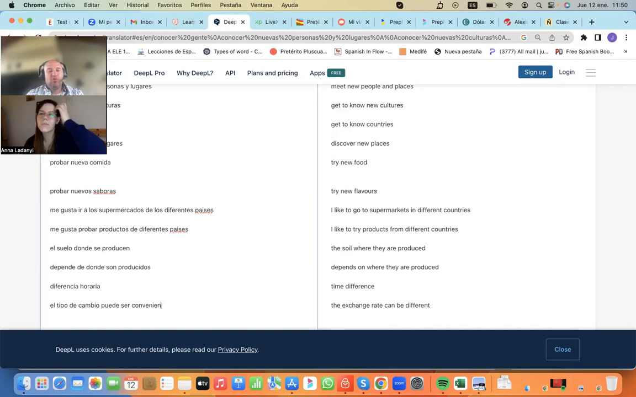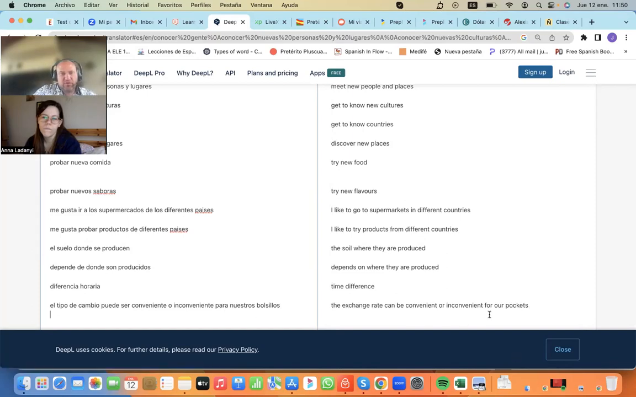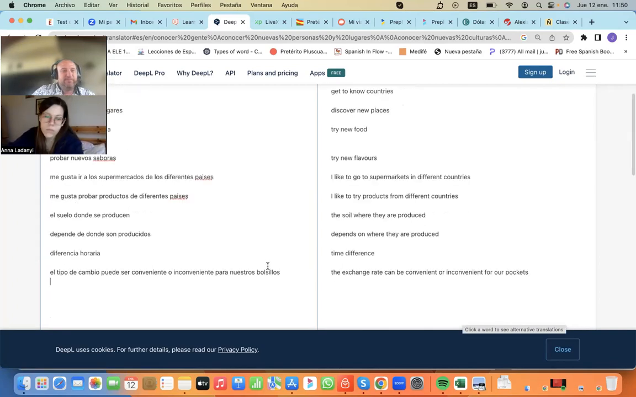conveniente o inconveniente, is the opposite, ¿ok? O inconveniente para nuestros bolsillos. So the exchange rate can be convenient or inconvenient for our pockets. Bolsillos is pockets, okay? For example, in my case, because I'm traveling here, I will say that here is very convenient,